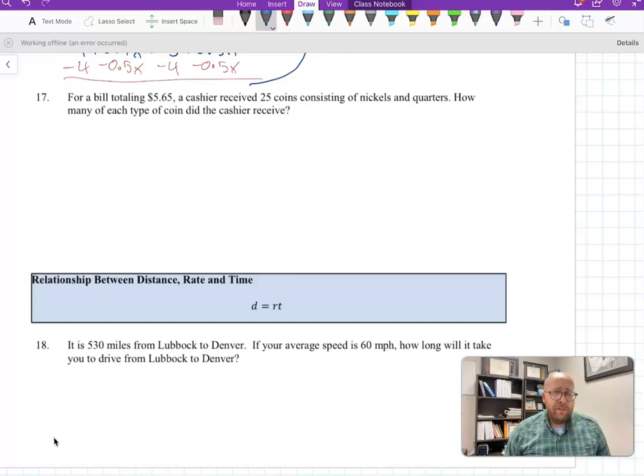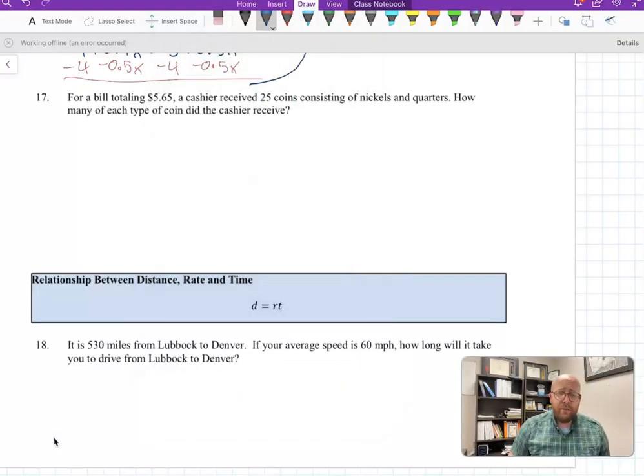Problem number 17. For a bill totaling $5.65, a cashier received 25 coins consisting of nickels and quarters. How many of each type of coin did the cashier receive? Okay, so